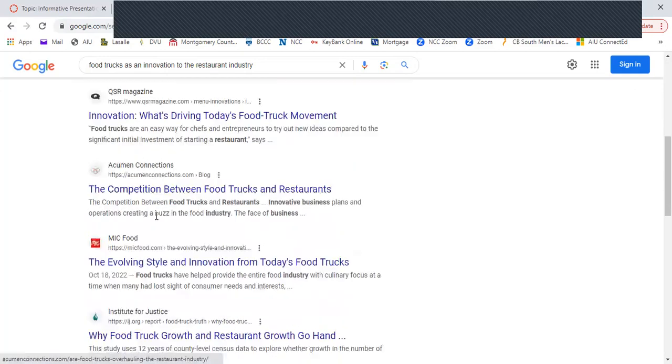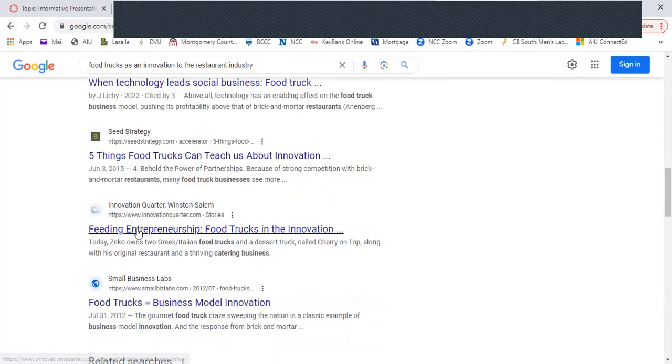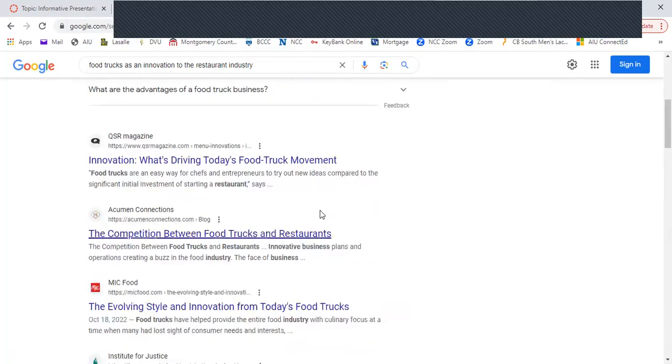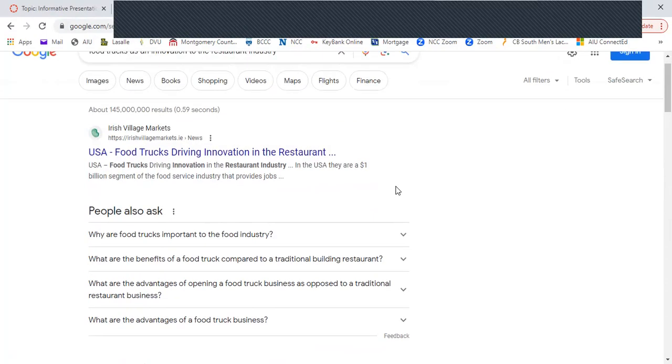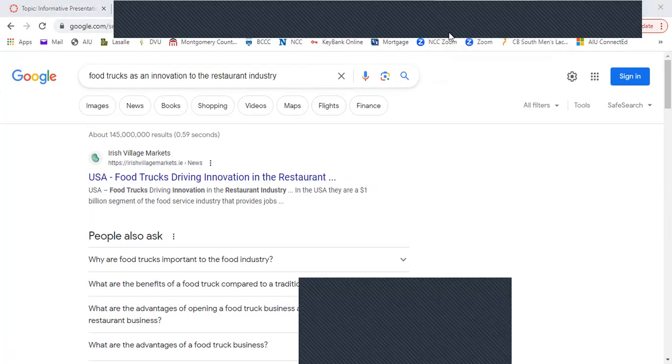But you guys know how Google works. Look, five things food trucks can teach us about innovation. Feeding entrepreneurship, food trucks and innovation. If we're researching online, we can get pretty particular about what we want to talk about. So that's good.